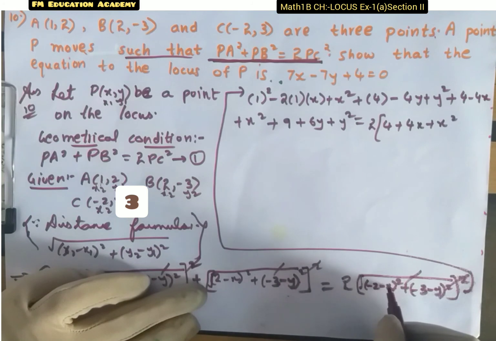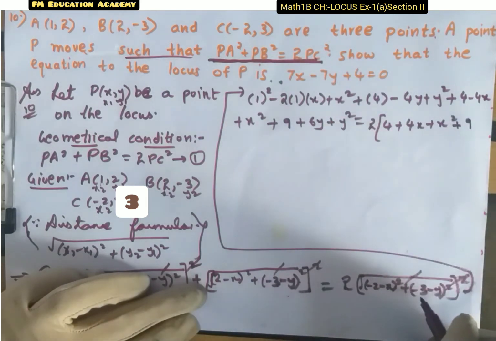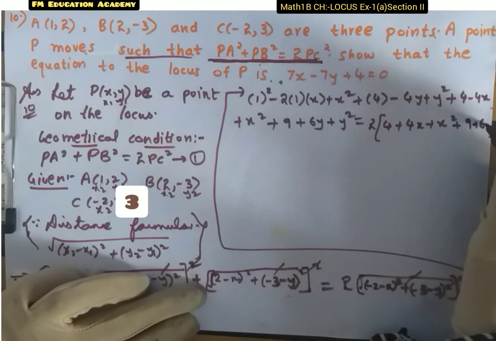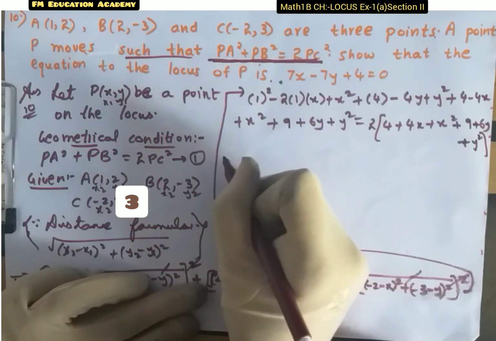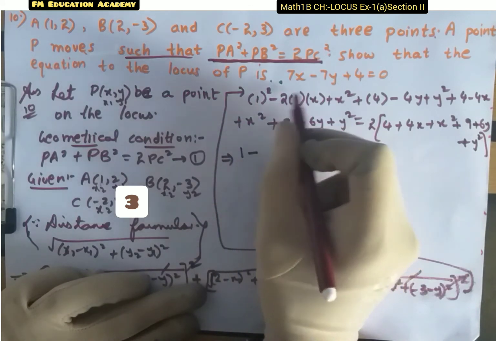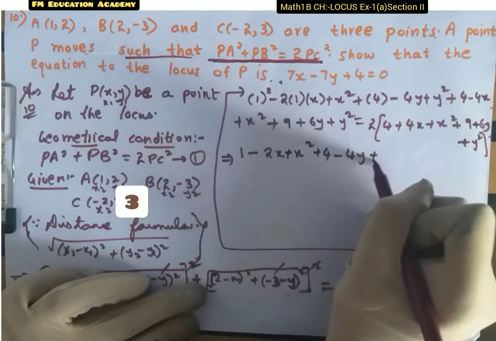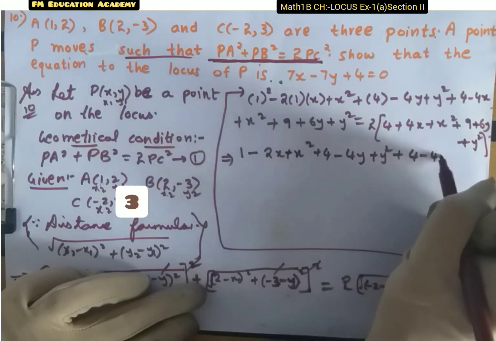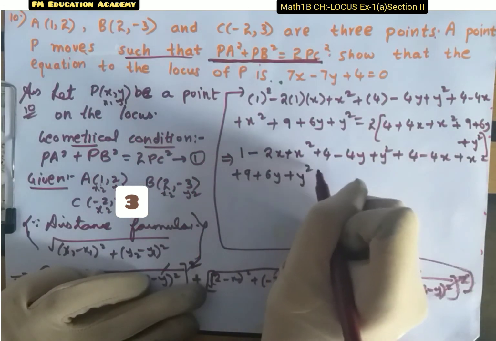A square minus 2AB plus B square. Again it is in the form of A minus B whole square. A is minus 3 and B is Y. A square is minus 3 whole square, that is 9 minus 2AB, minus 2 into minus 3 is plus 6 into Y is plus 6Y plus we have Y square. B square, so Y square. Okay, now we are having 1 minus 2 into X is 2X plus X square plus 4 minus 4Y plus Y square plus 4 minus 4X plus X square plus 9 plus 6Y plus Y square is equals to, now